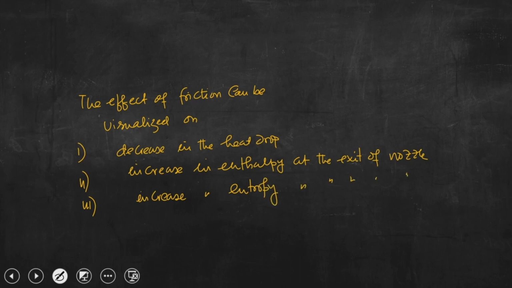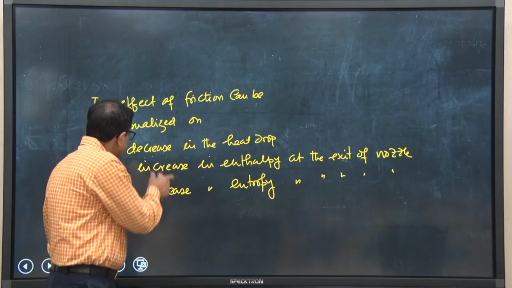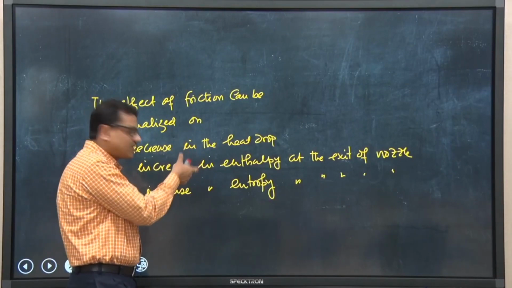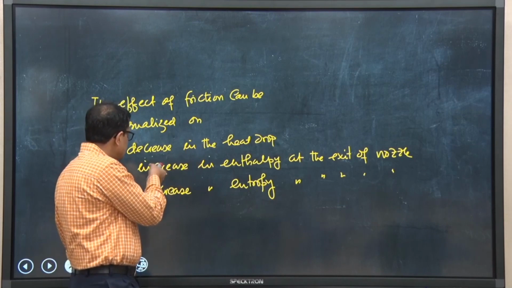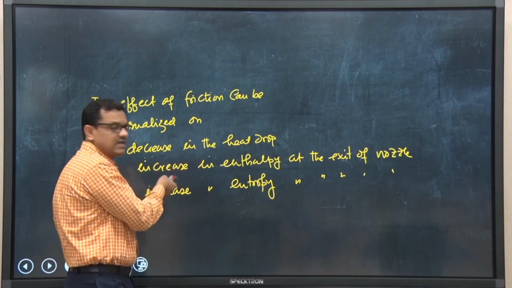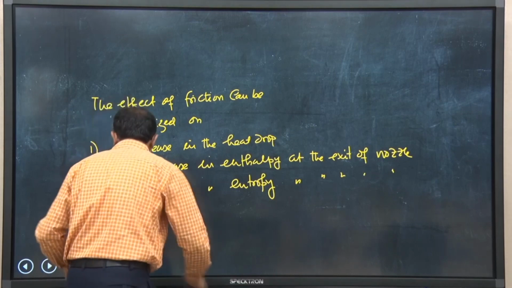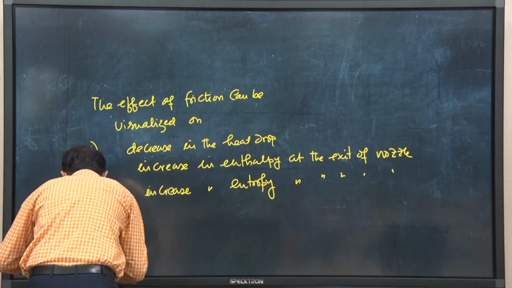So, this effect is realized not only in the decrease in heat drop, but also in the increase in enthalpy at the exit of the nozzle and the increase in entropy at the exit of the nozzle, and finally,